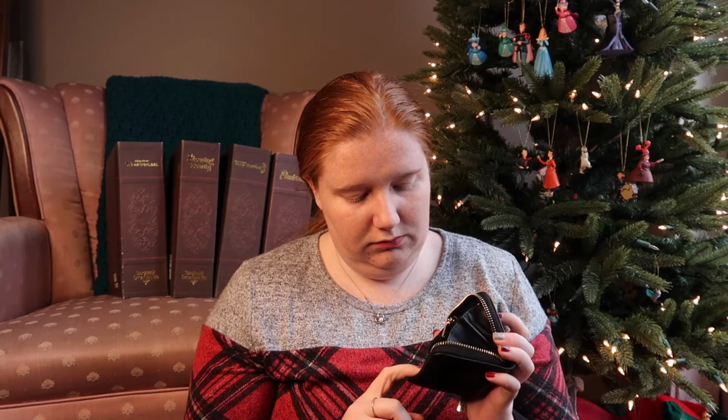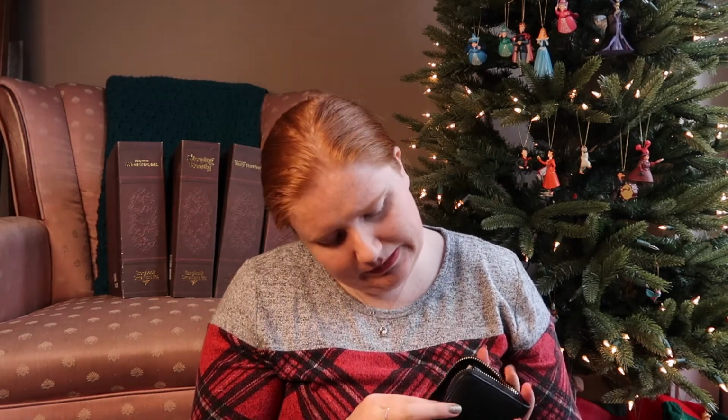And then moving on to the big pouch. This is probably going to take us a while. So the first thing that I have in here is my wallet. Just has cash, credit cards, you know, Starbucks Gold card, my America the Beautiful annual pass for the national parks, more business cards, receipts,